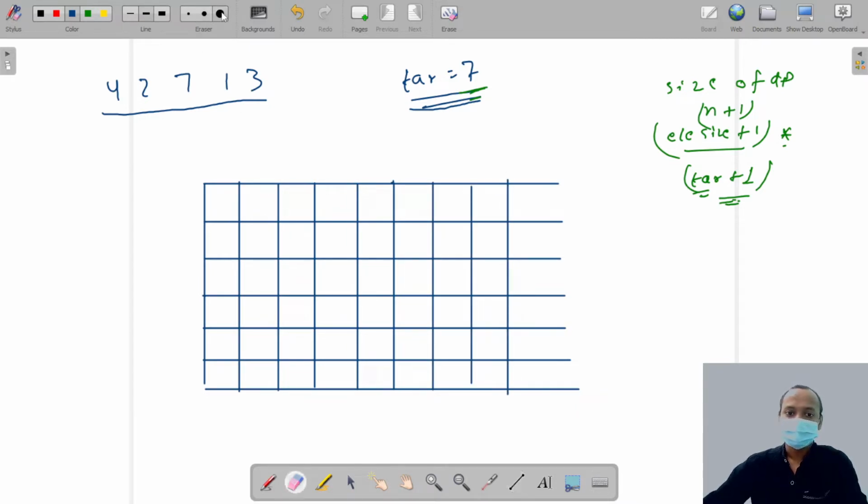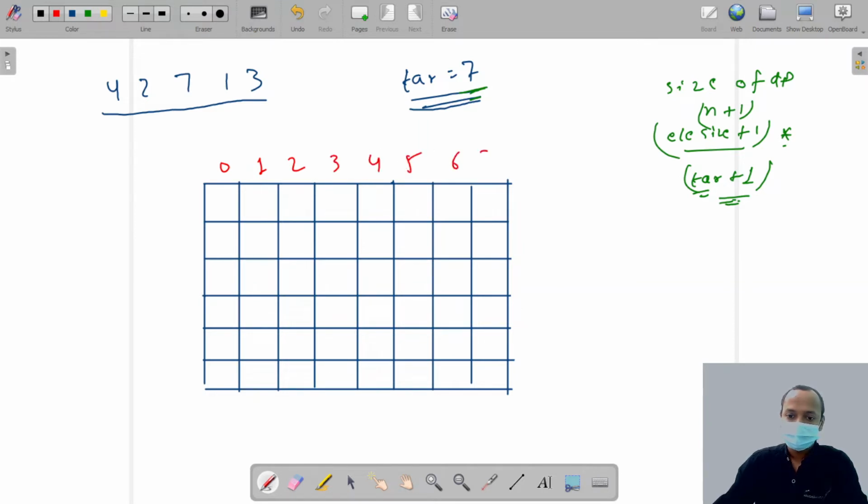Now what is the meaning of this storage? Here this is the target: 0, 1, 2, 3, 4, 5, 6, 7. And here we store our elements 4, 2, 7, 1. This is the array. Let's suppose I'm talking about this cell.